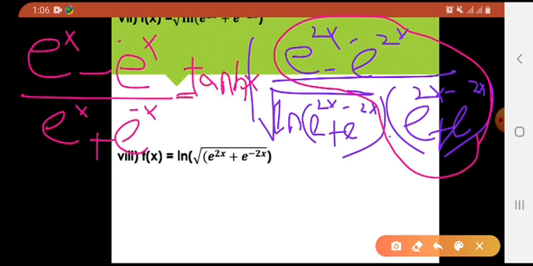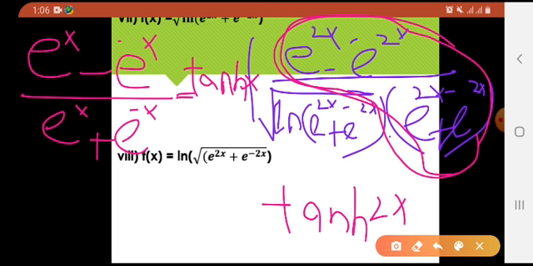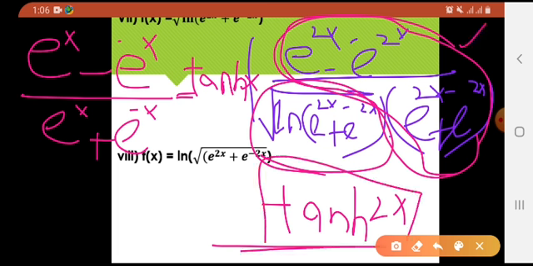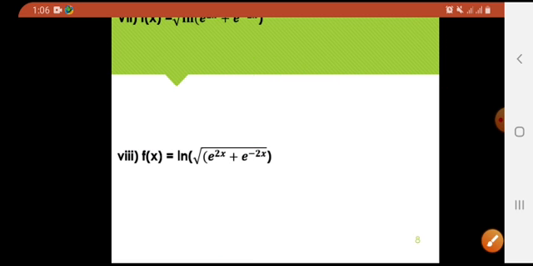Clear? What about these two? What are these making? These make tan hyperbolic of 2x. Can you see? Divided by this thing. That would be your answer. Even if you don't write it as tan hyperbolic, this is fine. You can leave it like this also. But you know, if the case is an MCQ, you should know about it.